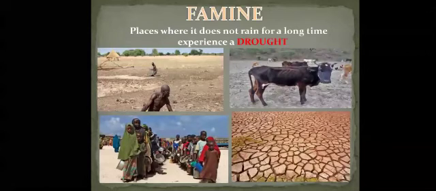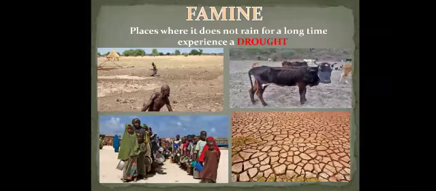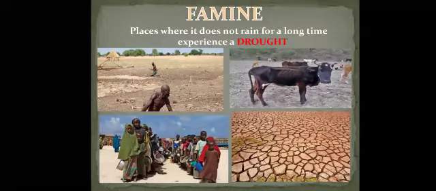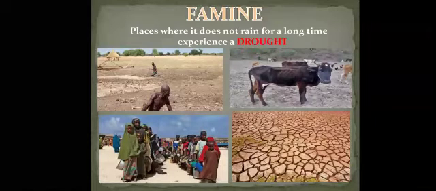What exactly is famine? Water evaporates continuously, and that is why a place where it does not rain for a long period of time experiences a drought. There are some places where it does not rain for a long period of time. They are known as deserts. But at times, in places where it rains every year, there is some year when it does not rain, not a single drop of water, and that is why it experiences drought.